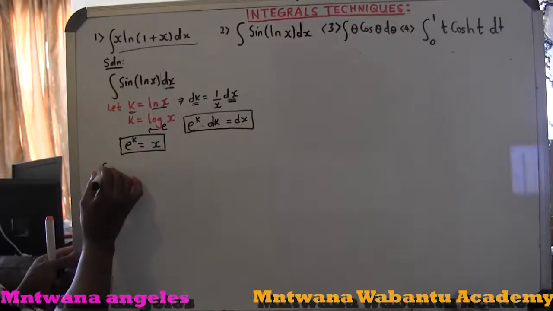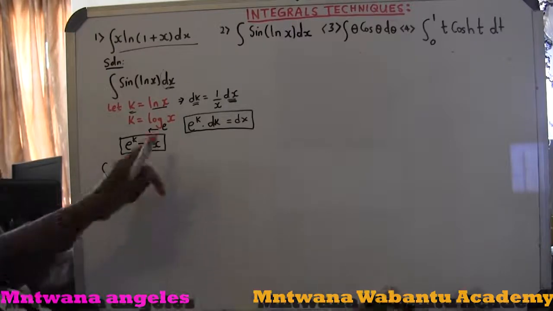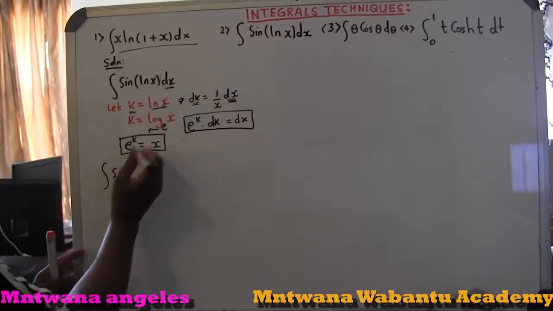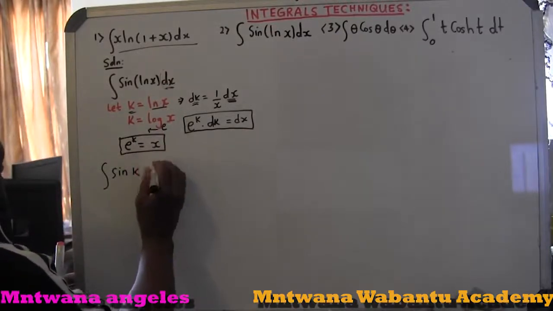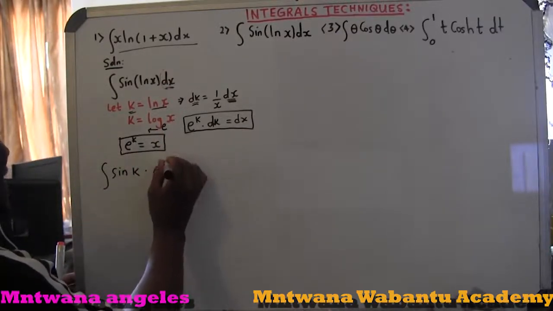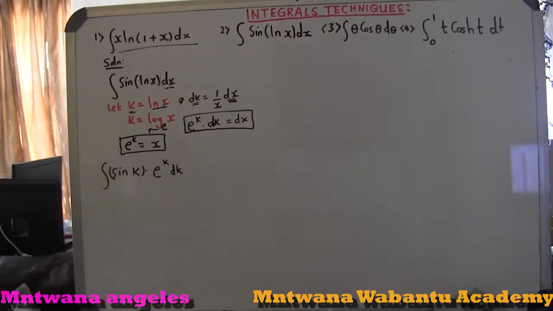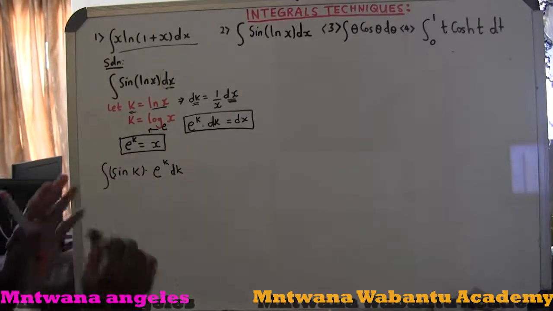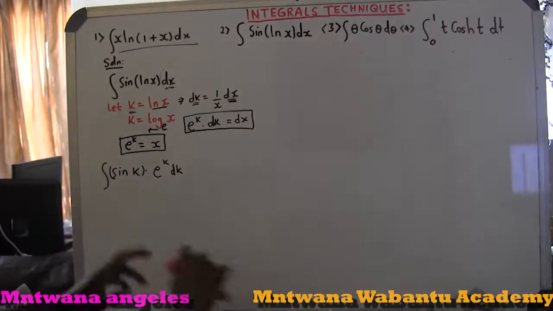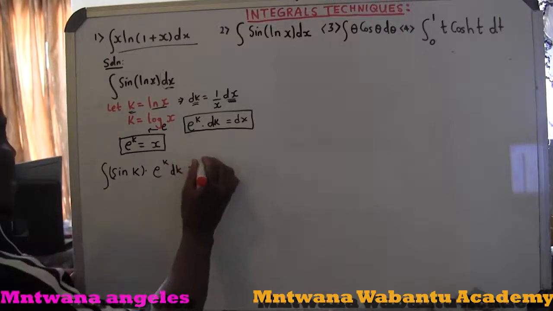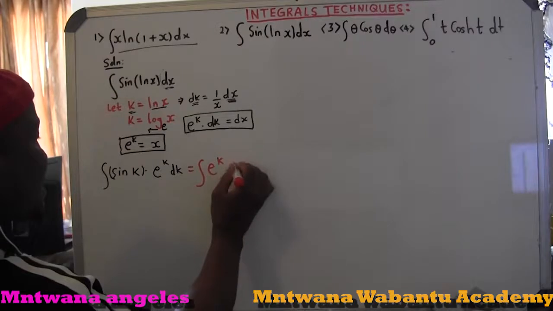So I'm going to say integral of sine of ln of x. What is ln of x? ln of x equals k here. Now dx, what is dx? dx equals e to the k dk. You know what I'm saying? So now this is integration by parts. It's normal integration by parts. So now we can solve this using integration by parts. First and foremost, let me rearrange. It's going to be the integral of e to the k sine